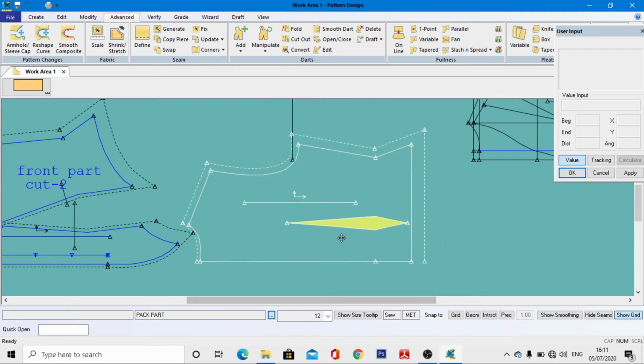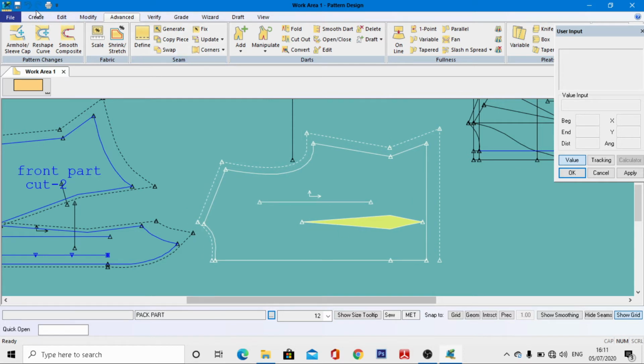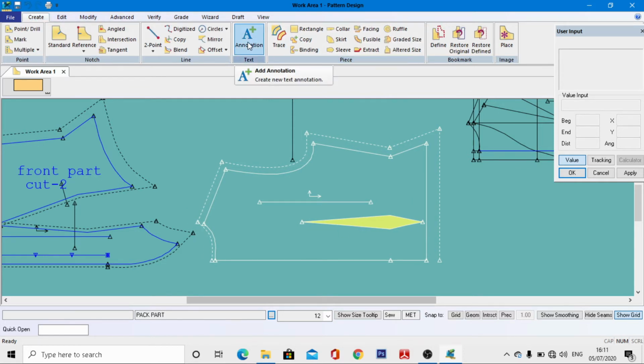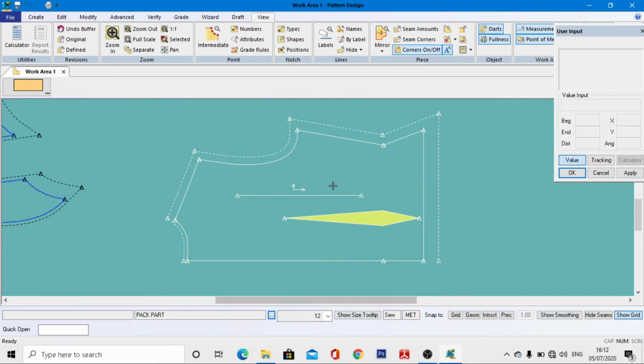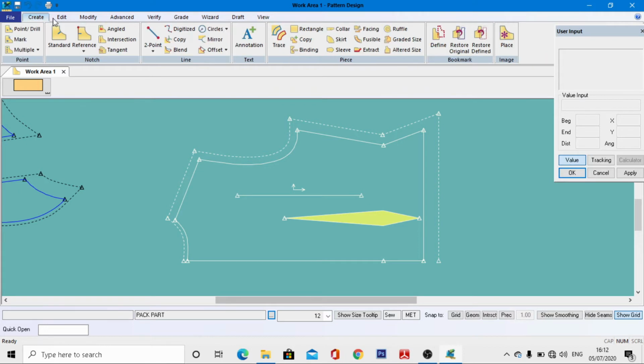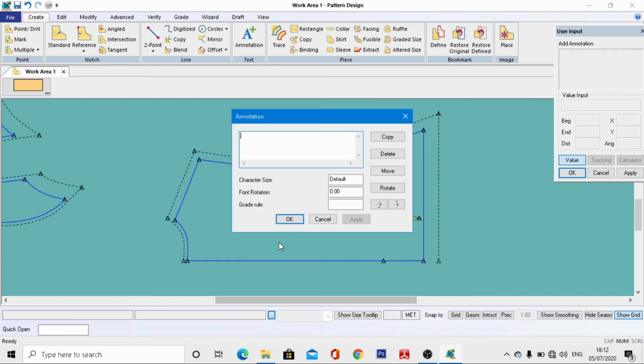So now we have to go to the create menu, annotation, and we have to come to this piece area, right click and then OK. Now we have to go to the create menu, annotations, and then we have to come to this place, left click, right click and then OK. Now we have to give the name as back part and cut it down. We have to enter how many pieces you want to cut, so enter here cut 1. So this is actually upper, so we have to enter here bracket